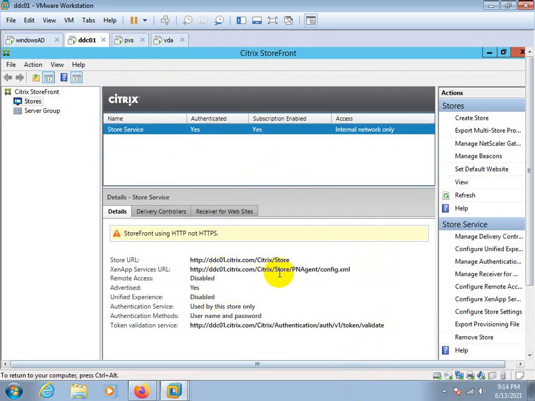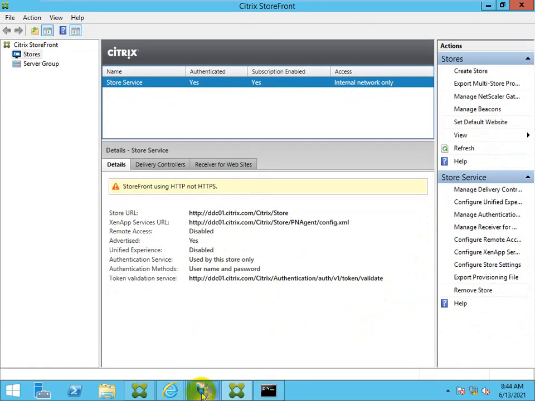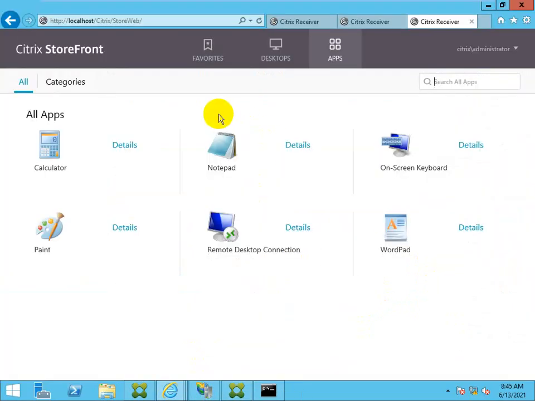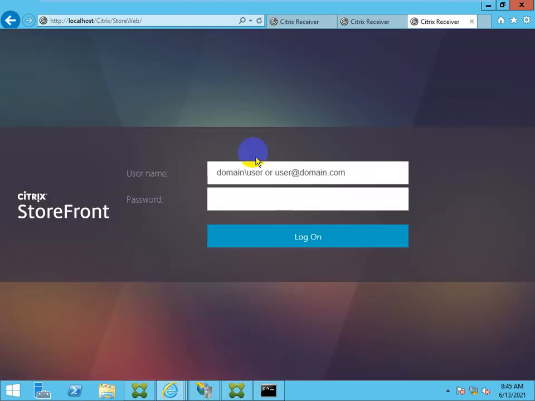Okay, store services, you can see it's Citrix Web, and now I think this would not be accessible because the store has been deleted.